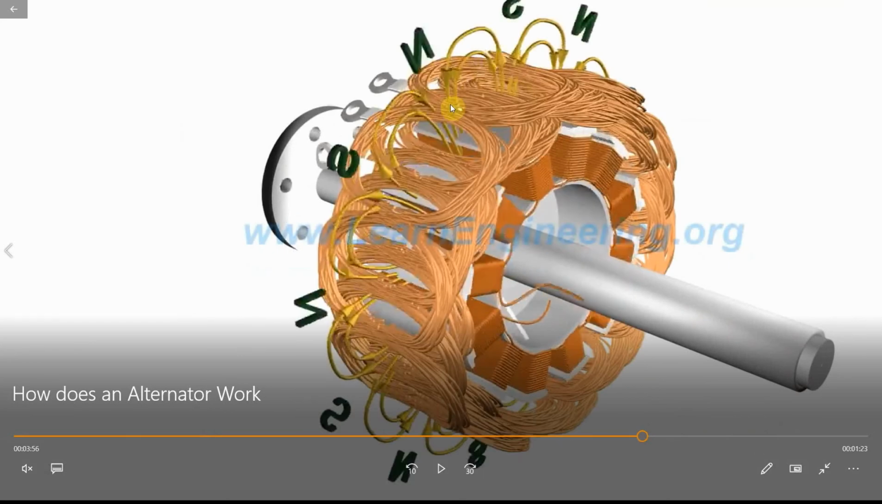Can you see this yellow line? This is the magnetic field. Now, when this rotor is rotating, just before that...